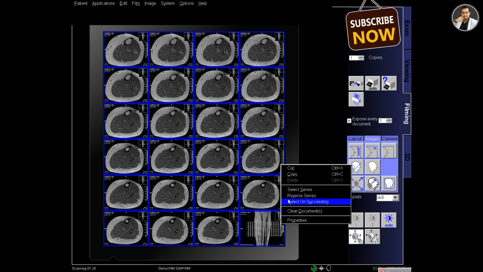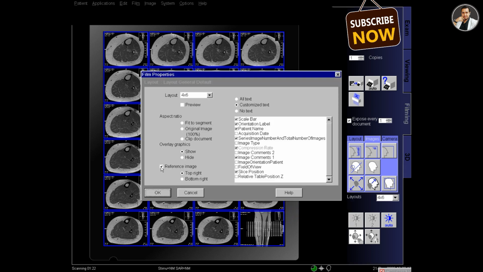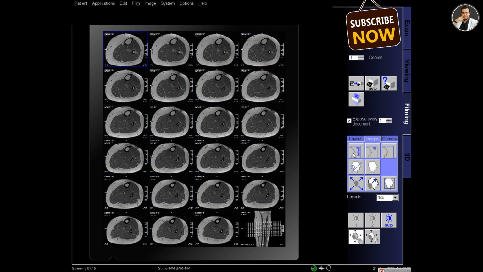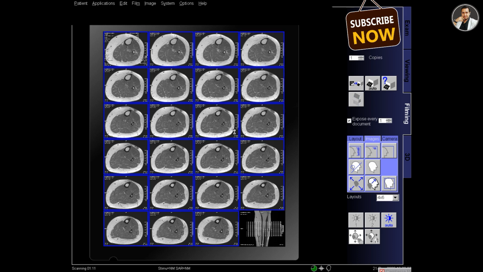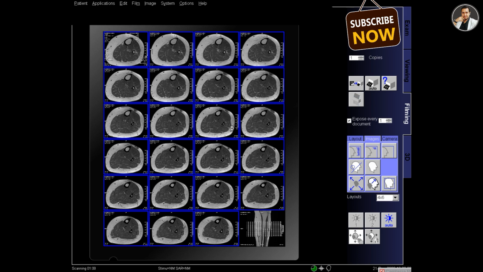There are reference images in all the segments. Remove them from the properties and untick the reference image, and then click OK, and you can see that there are 23 axial images and one reference image, and adjust the contrast of the images.